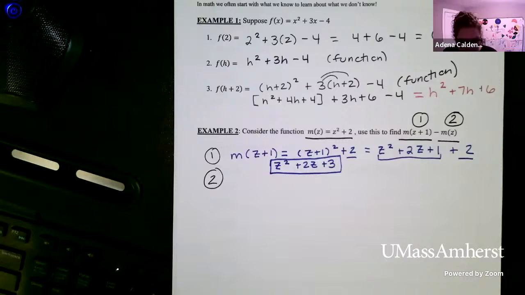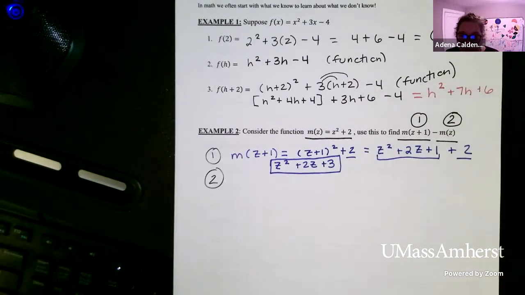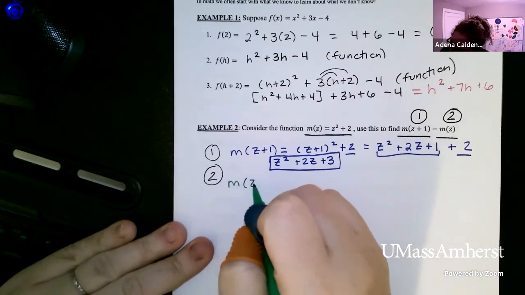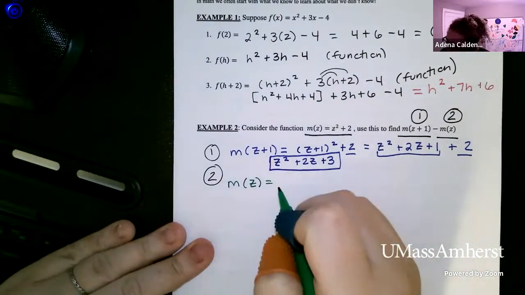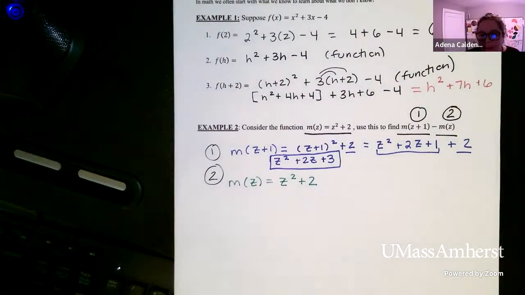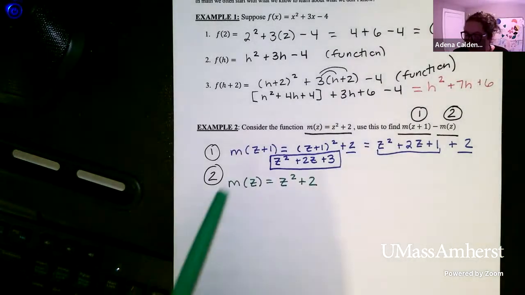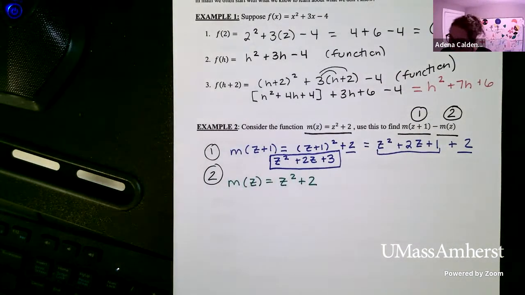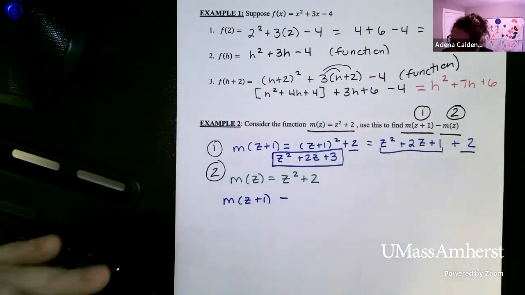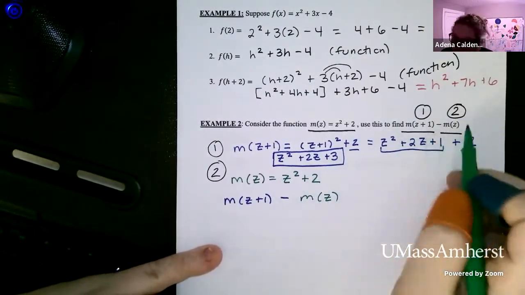Okay. Now I also want to find m of z. Now, this might be a little confusing because m of z is what we are given, right? Which means we're not actually substituting anything in. Instead, we're just getting the same thing back, z squared plus 2. Okay, so the m of z is the original function. So now that we have m of z plus 1 and m of z, we can subtract them, right? So m of z plus 1 minus m of z is what we're trying to find, right, from our question